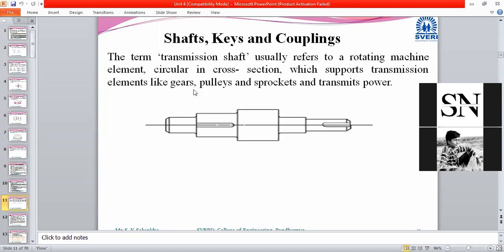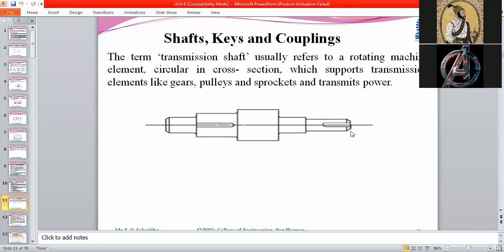It is also providing support to the other devices with the help of bearings. So everybody has tried in a good manner to define the shaft, but everybody knows what the shaft is, because at one time or another you might have seen a shaft.